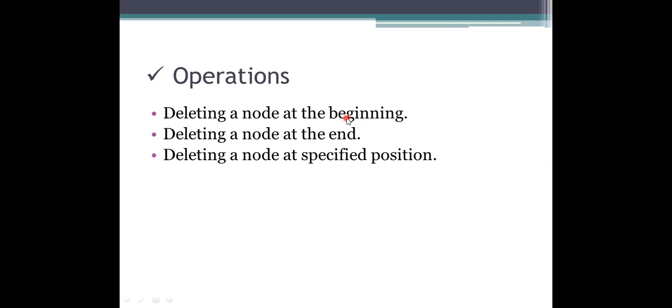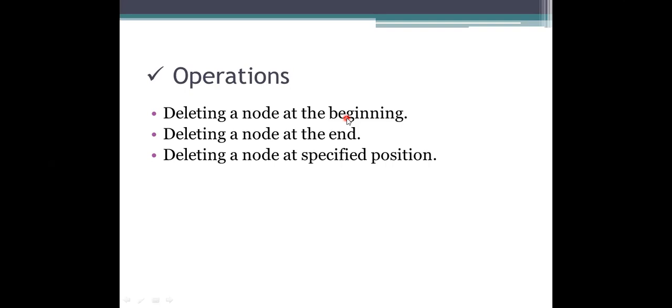Today we will see the deletion and the traversing, and also last we will see the count, means how we are going to know how many nodes are there in our list by using the count method, which is a recursive one. At last we will see a program for processing.